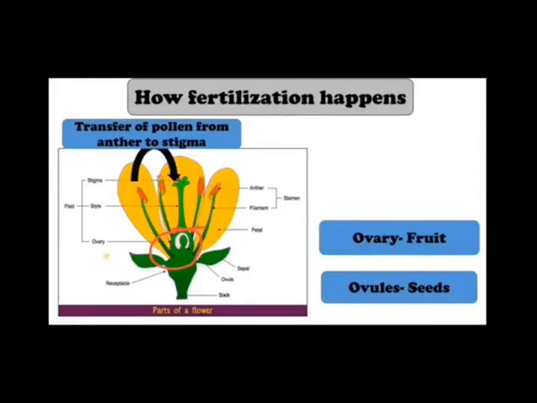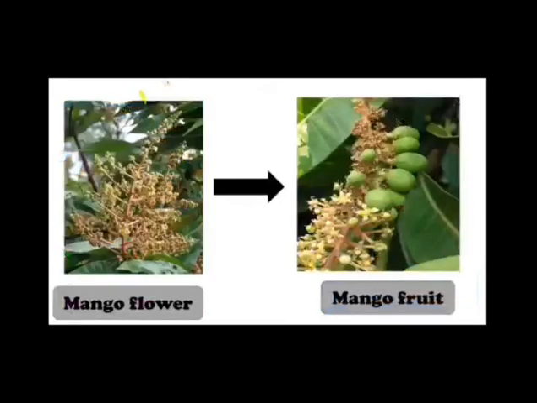Let's see this example. This is a mango flower. So first of all, the pollen from the anther will be transferred to the stigma of the flower. Then fertilization will happen in the ovary, where the pollen grains will fertilize the eggs present in the ovary, and after fertilization